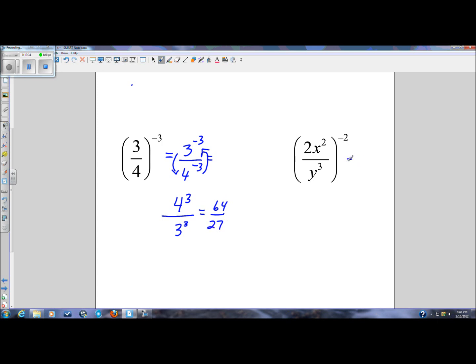Next, 2 to the negative 2 power is what we're going to get when we raise everything to the negative 2nd power. x to the negative 4, y to the negative 6. Everything has a negative exponent, so everything in the denominator moves to the numerator and vice versa. So we have y to the 6 over 2 to the 2nd, x to the 4th. Simplifying this, we have y to the 6th over 4 x to the 4th. The very last problem